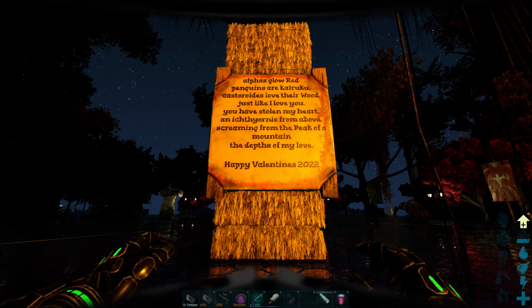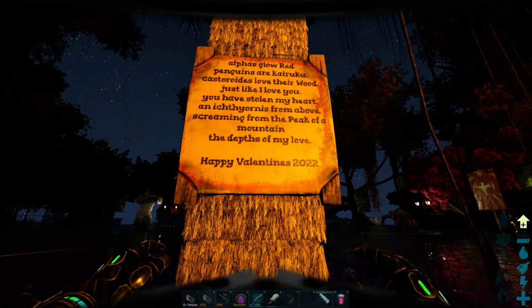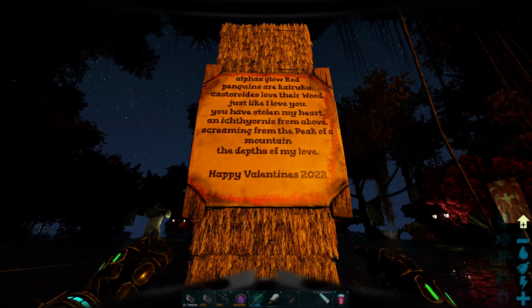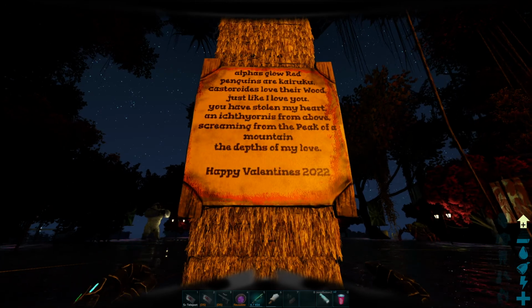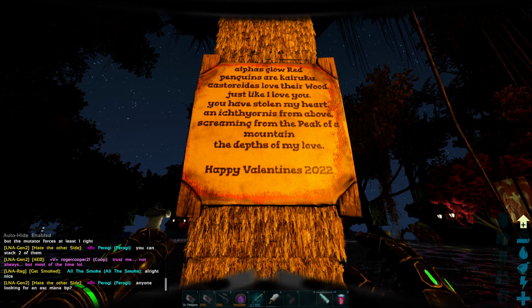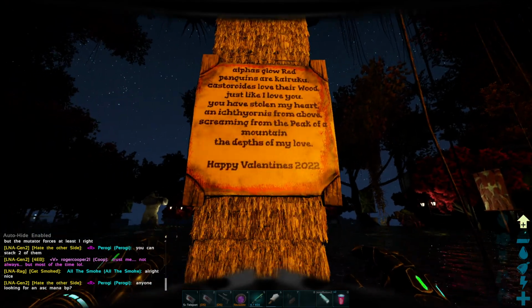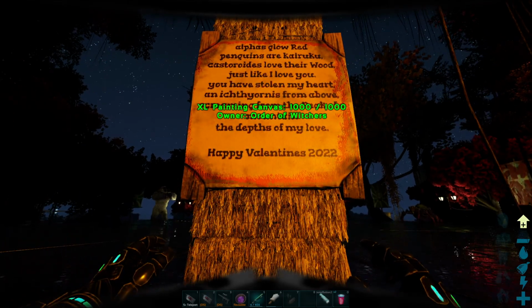But the theme of the mystery trail was that there was a clue on a canvas painting in each of the locations, and each of the locations had a pin number to unlock the door to get to the next clue. So in this little poem that I put together for the first clue, the indicator